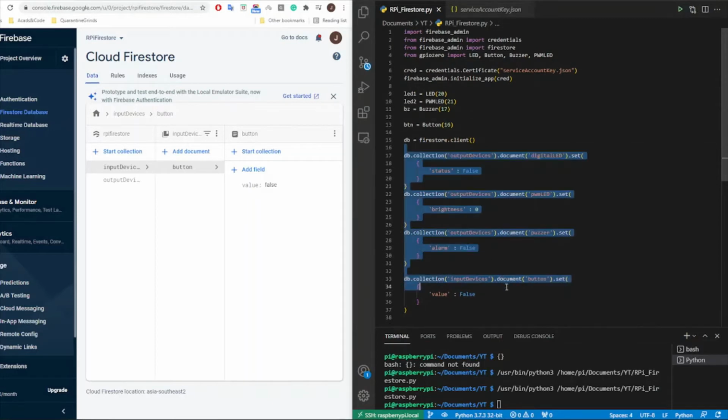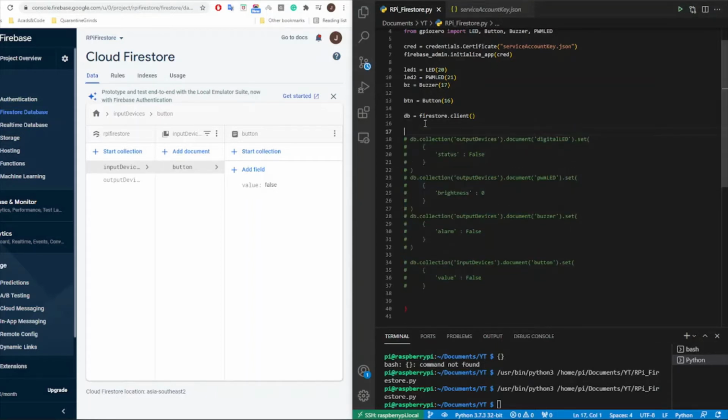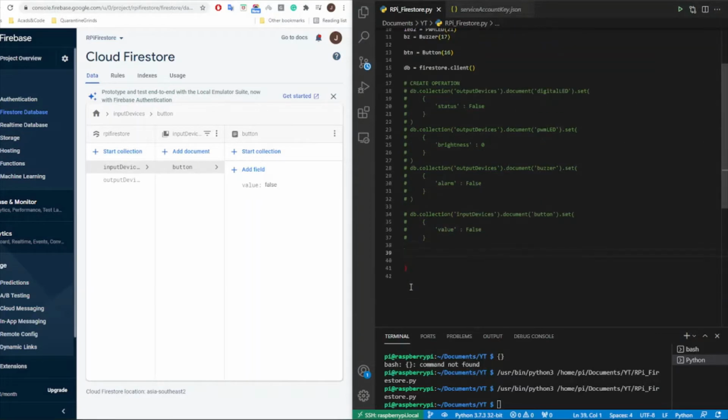Now we just demonstrated the create operation. Now let's do the read operation. Let me comment out this one first because we have already settled that one. I'll name it so that you will recognize this comment section: Create operation. So now for the read operation, the way we do this is